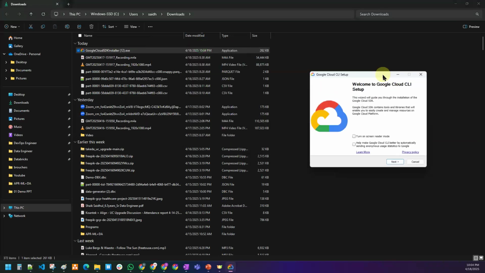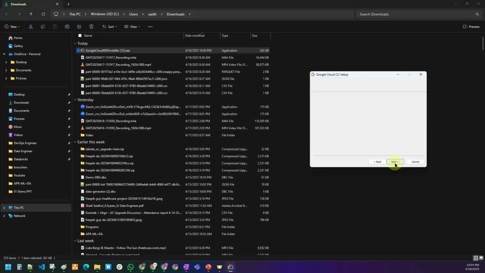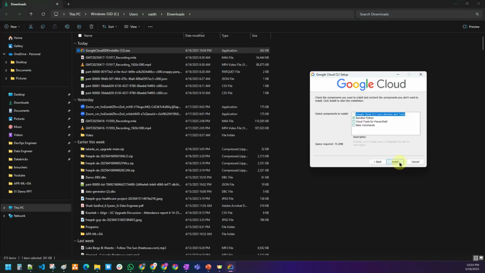Once this page is opened for you, just click on next, just click on agree, just click on next, next, just click on install finally. Whatever option they are showing you, click on next, next, and finally install. It will take like 2 to 3 minutes. Then the CLI gets installed on top of your system. The moment you hit the install button, it will start installing everything on top of your local machine, and it takes like 2 to 3 minutes for the installation process. Once everything is installed,